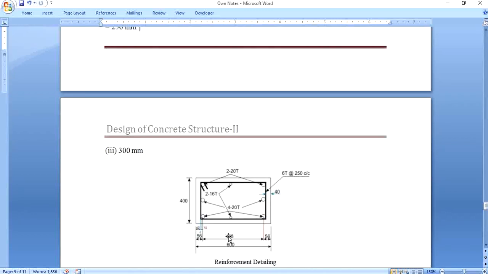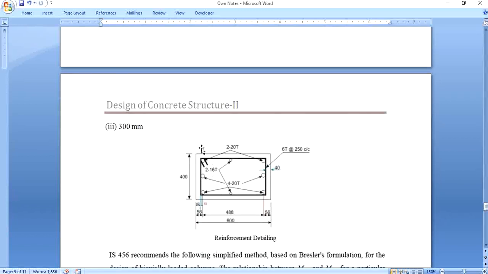So the reinforcement detailing is like this. You can see all 20 mm diameter bars are given at the periphery, and 16 mm diameter bars are given at the center. The moment of resistance of this particular section will depend upon the distance of steel from the center. Moment of resistance means area of steel into distance. How we have to place the bars, and what the detailing method is for this particular column, we are going to study in the next session.